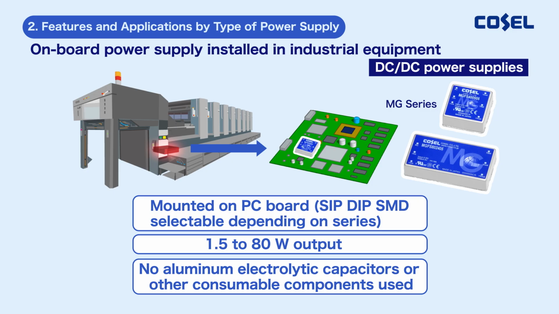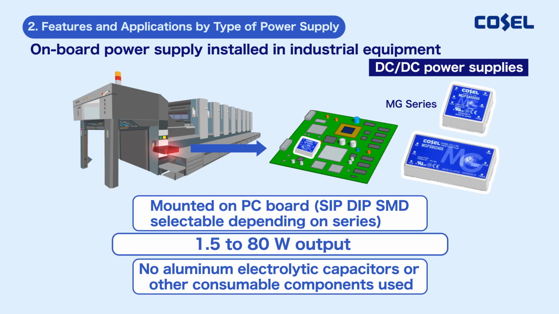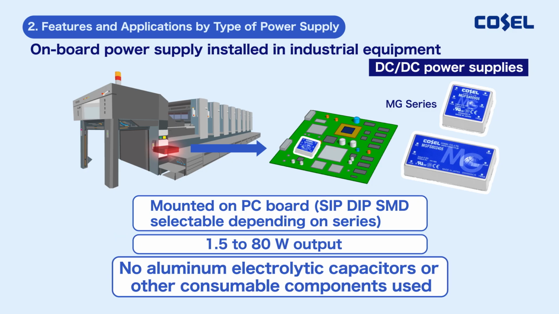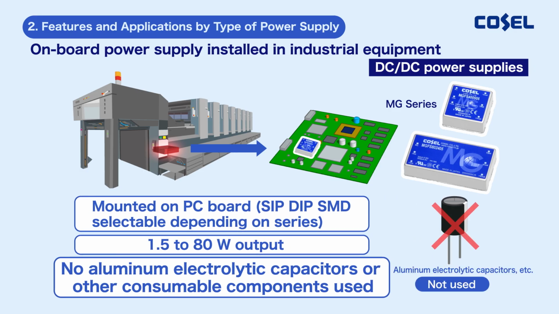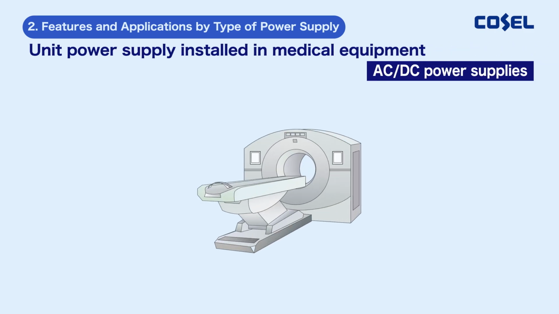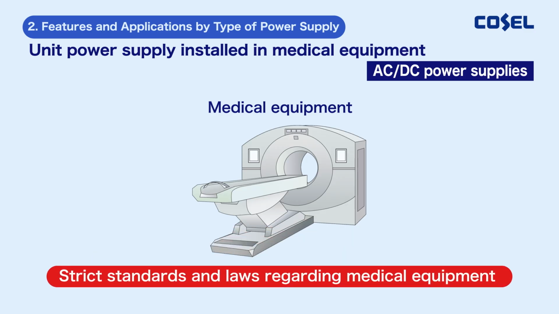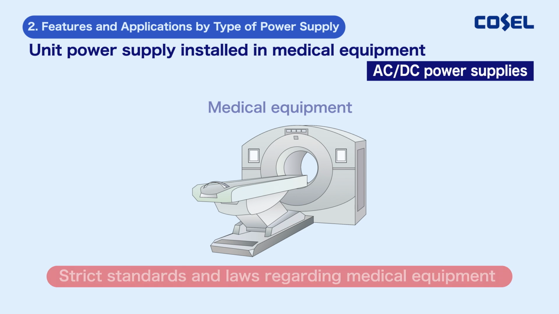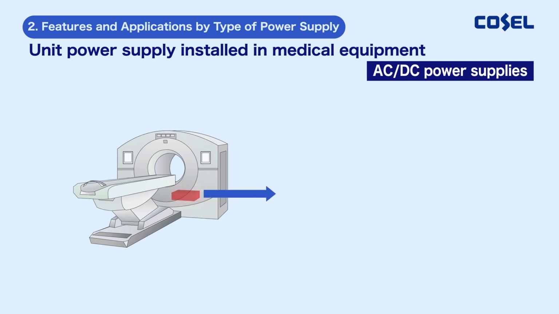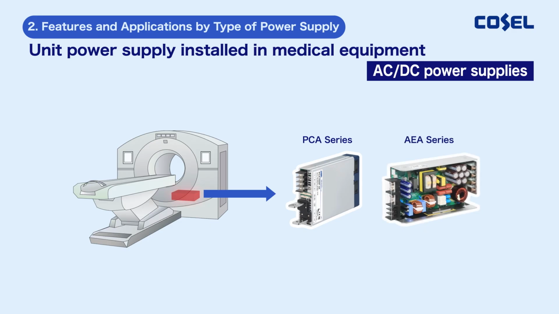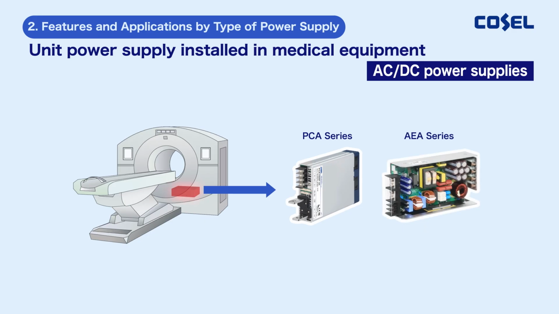Our product range has power supplies with power output from 1.5 watt to 80 watt, and aluminum electrolytic capacitors, which are consumable components, are not used. As medical devices are important products that are related to human life, standards and laws are strictly regulated. Our unit power supplies are also used in such medical equipment that is strictly regulated, and some of our products